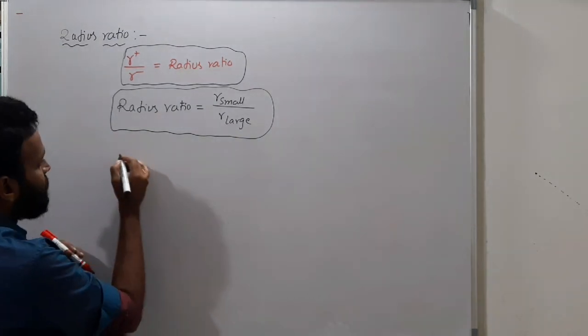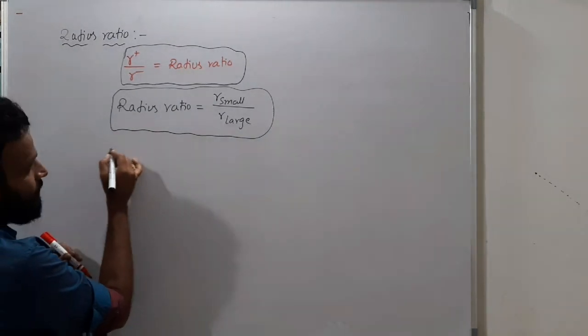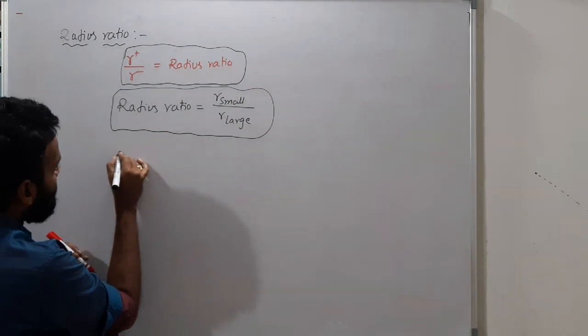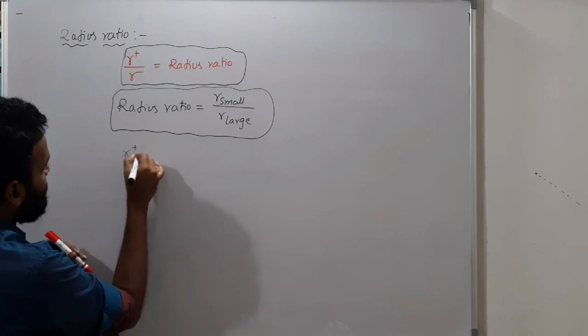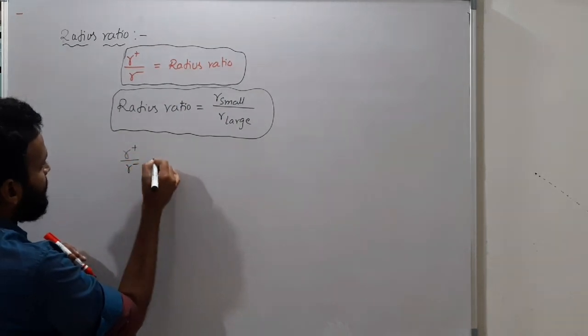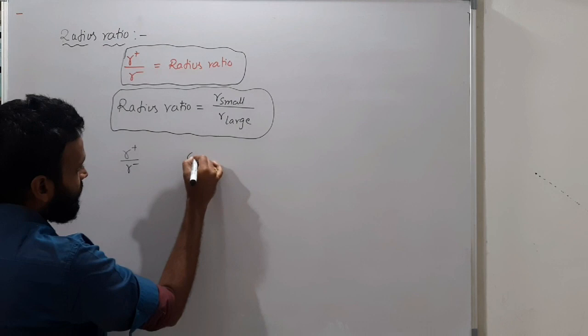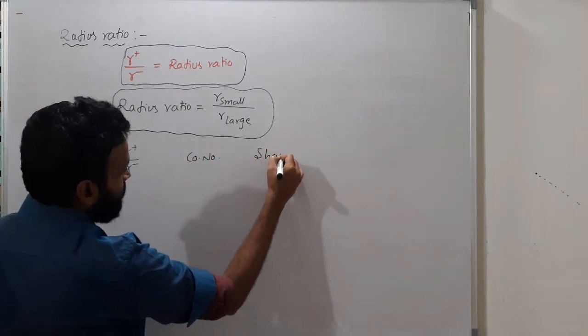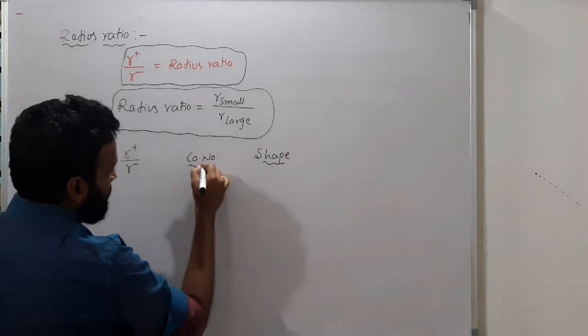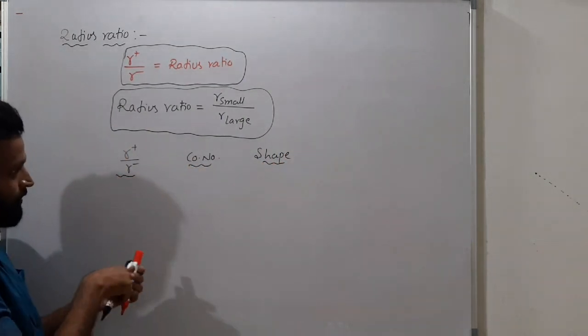So radius ratios I will give you here. Those are very, very important to you. So r plus by r minus, I will give you. From that you can understand the coordination number, and from that you can understand the shape. Okay, these I will give you one by one here. So first one,